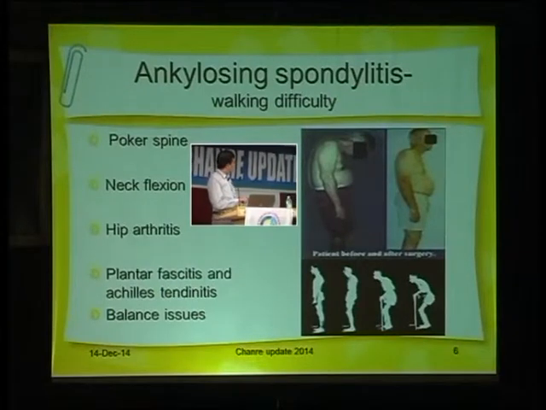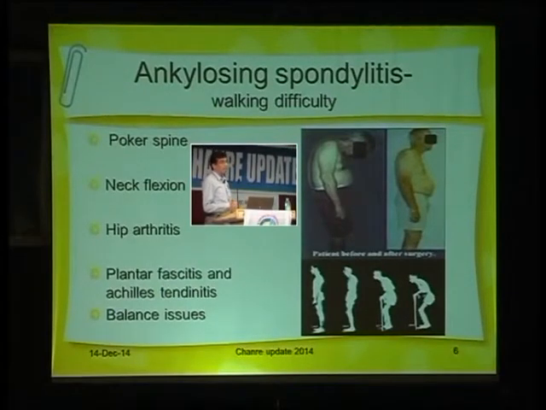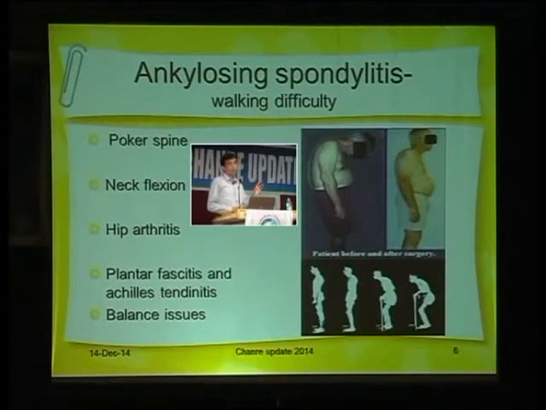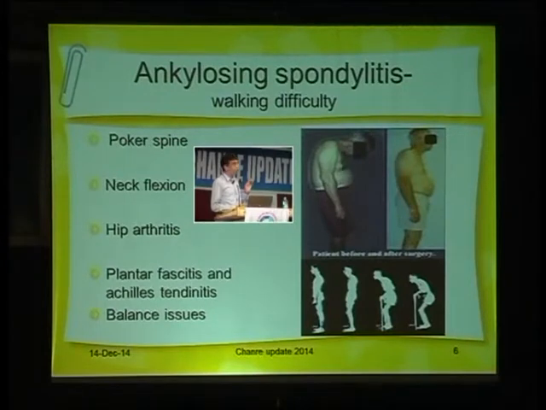And they also commonly have, particularly the arthritis which starts at a younger age group, hip osteoarthritis, hip arthritis, which can again lead to difficulty in walking. They have antalgic gait. They can't raise their knee above the ground level. And of course, plantar fasciitis and Achilles tendinitis are also very common in this group. Ankylosing spondylitis and spondyloarthritis commonly affect ligament attachment points. They are called enthesitis, of the lower limb most commonly, and the walking can be very, very painful.